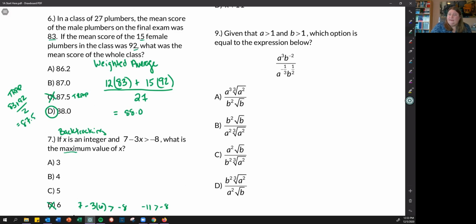Here, let's try it with 5. 7 minus 3 times 5, and I want to know, is that greater than negative 8? So 7 minus 15 is going to be negative 8. Well, if there was a greater than or equal to, this would be my answer, but there is not. Negative 8 is not greater than negative 8, so I have to cross off 5, but I'm pretty darn sure